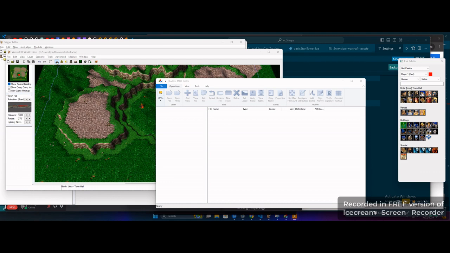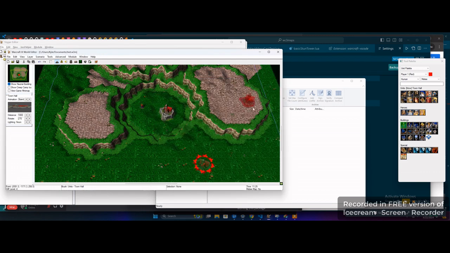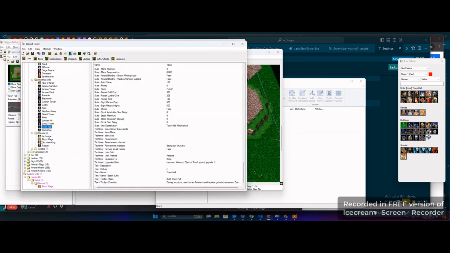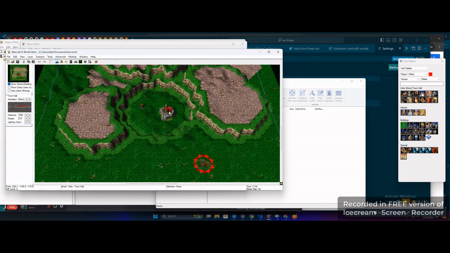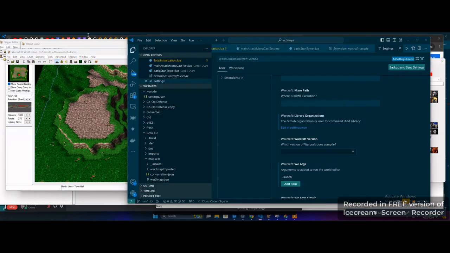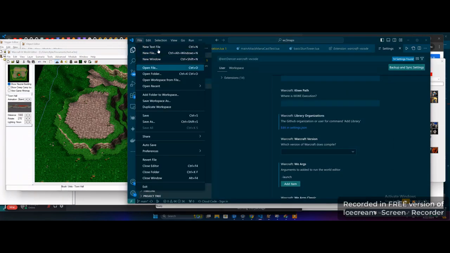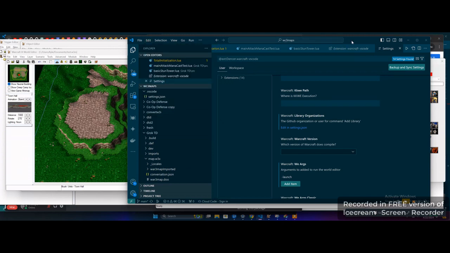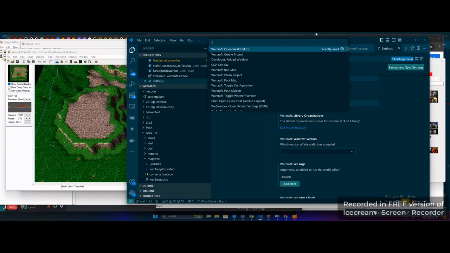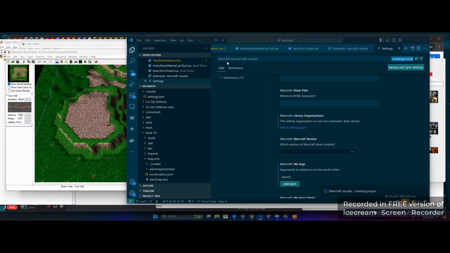Okay, so I have my world editor open with a test map. The test map has a custom unit in it, so I made a custom hero, and it's just got some random terrain and the custom unit in a building. That's it. Then in VS Code, I'm going to create a project,